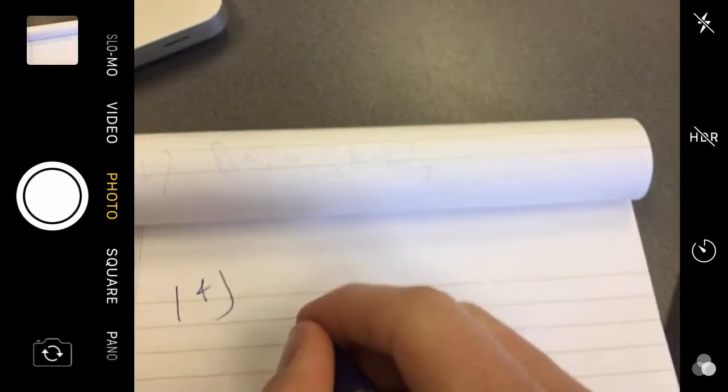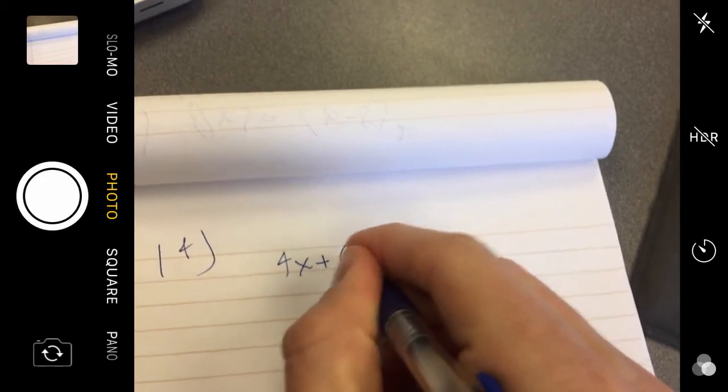Okay, 14 is totally something you can do by graphing. Just a second. Get the lights back on so it's a little brighter in here. There we go. Totally something you can do by graphing. Or what I think they want you to do